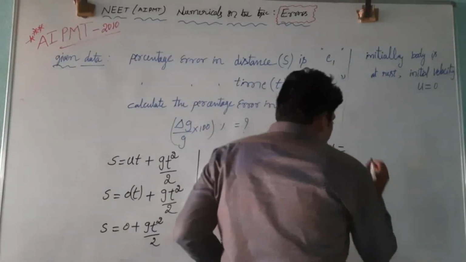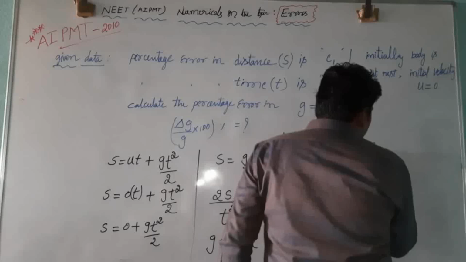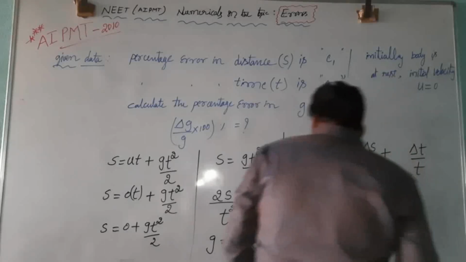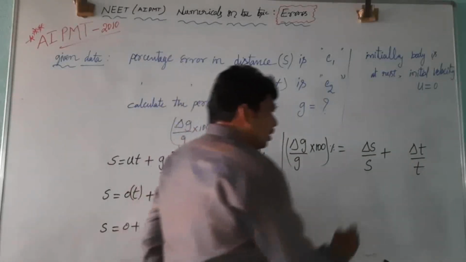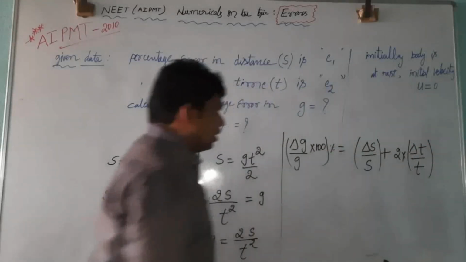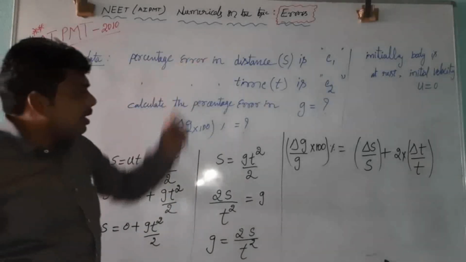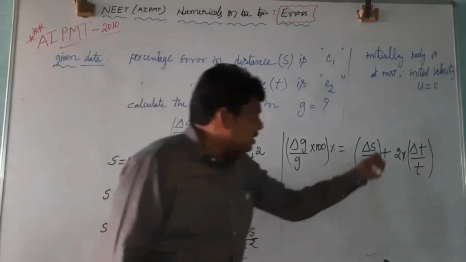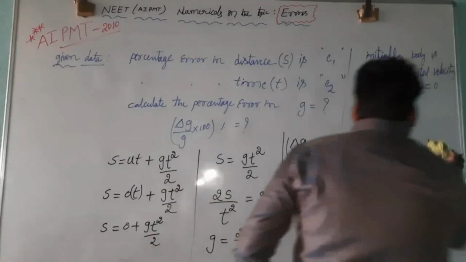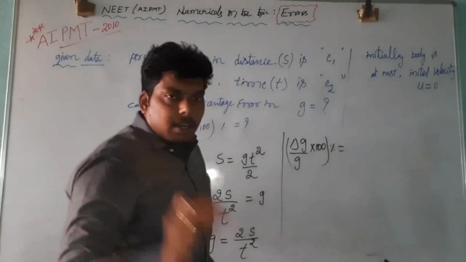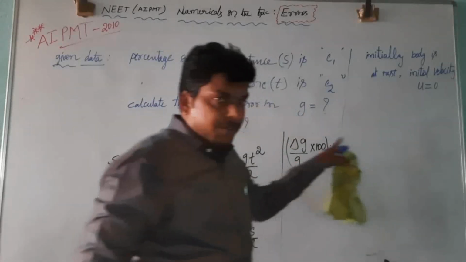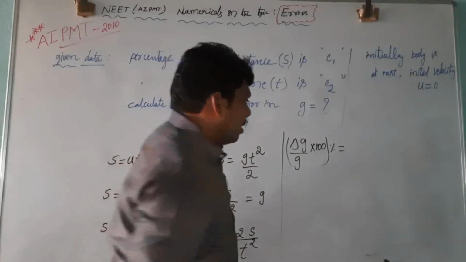Now what is the formula for this one? Delta s by s plus delta t by t. Here what is the power for t? That is nothing but 2, so 2 into. Now, have they given the relative error or percentage error? Percentage error. So you can express this in terms of percentage. In the previous one I explained that you can take relative error or percentage error, there will be no problem. If you take percentage error here, take percentage error here also. If you take relative error here, you go for percentage error here.